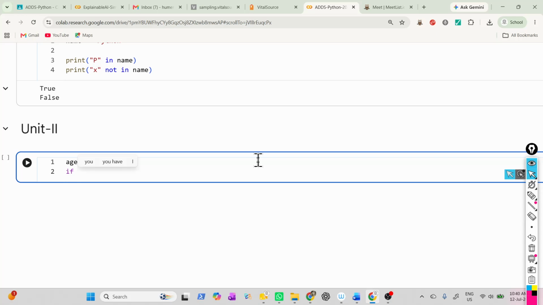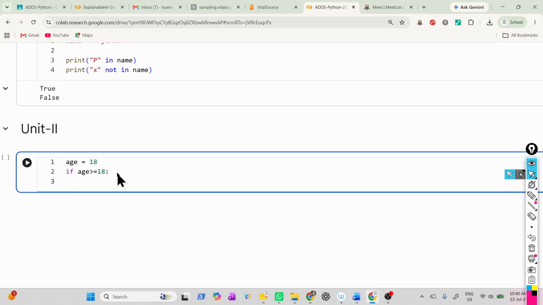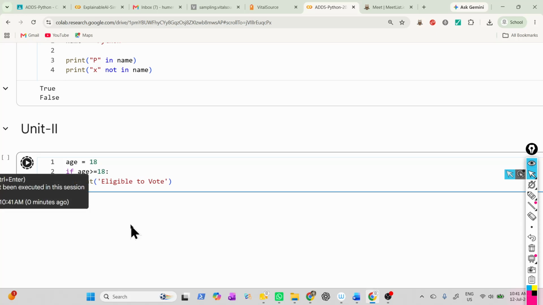So just now what did I say? Age is equal to 18. If age is greater than or equal to 18 colon. Now I am pressing enter. Look at what happens. Did you observe the cursor? Four spaces forward. Now, what did I say? Print eligible to vote. And when I run this, I get